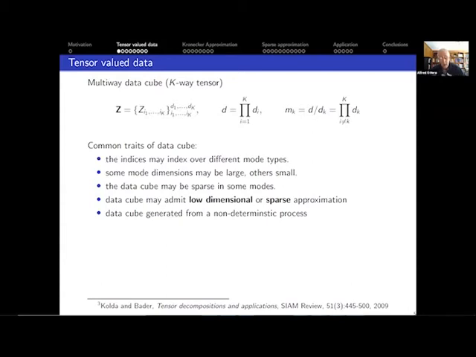We know that prediction requires some measure of dependency of the future on the present and the past, right? If you want to predict something, you need to have that measure of dependency in order to propagate forward your forecasts. And that dependency can be encapsulated through the covariance or inverse covariance. So the data cube is non-deterministic.